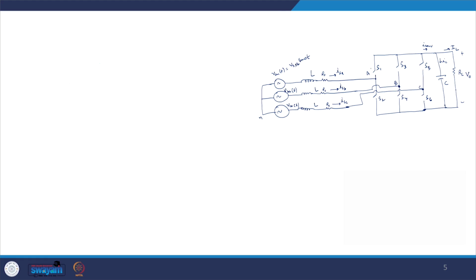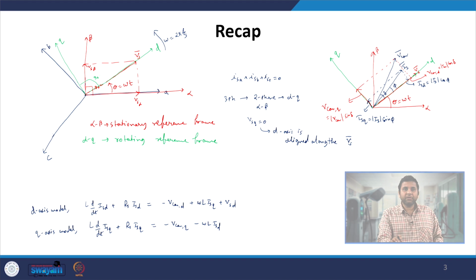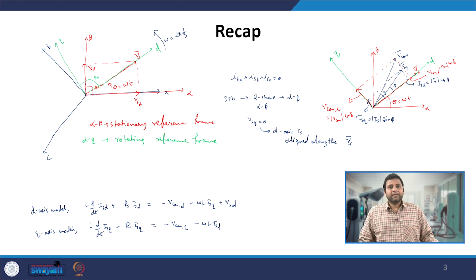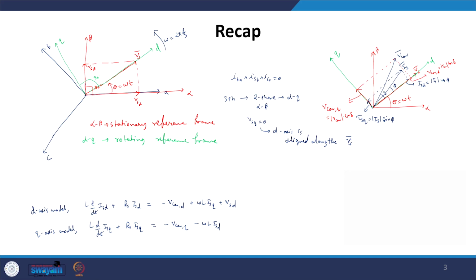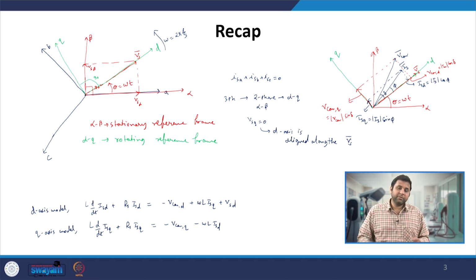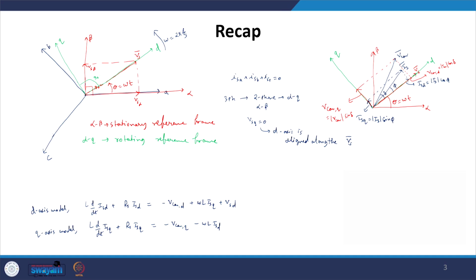So, if we can model this converter using the DQ axis frame, then we can ensure that the quantities we obtain from the DQ axis models, that means the current ISD or ISQ, which are the projections of the current space vector on the D axis and Q axis, are mutually independent of each other, as they are 90 degrees apart. Whenever we make changes on ISQ, there is no change on ISD, and whenever we make changes on ISD, there is no change in ISQ.